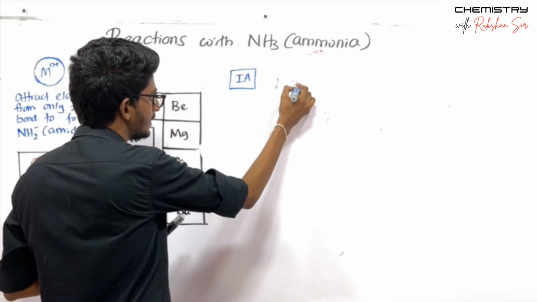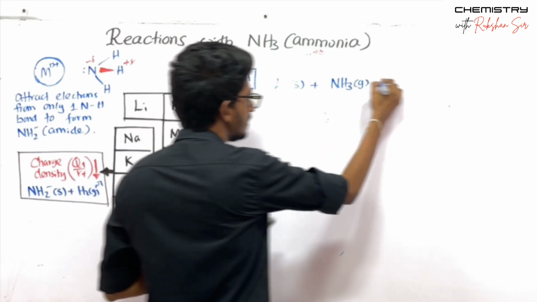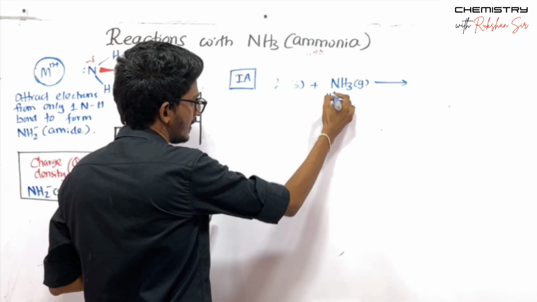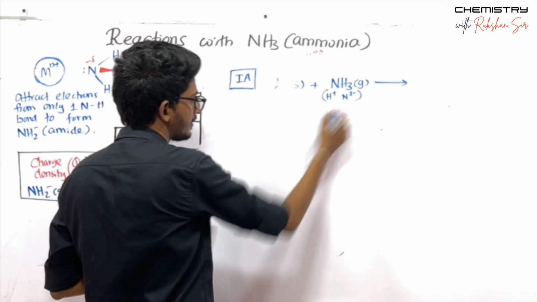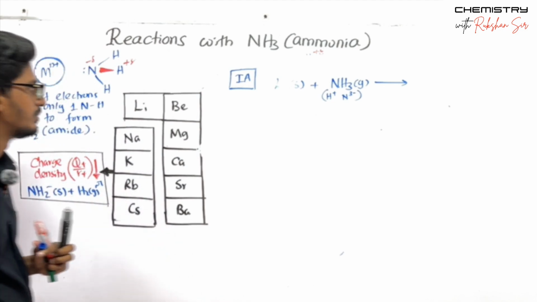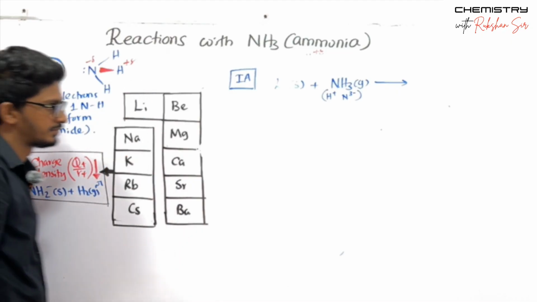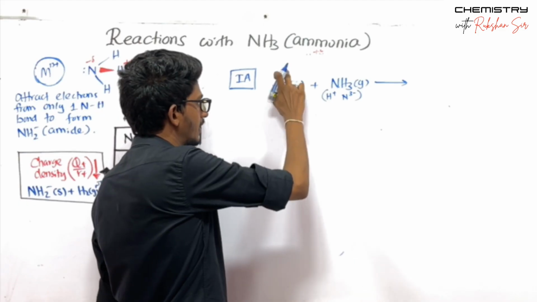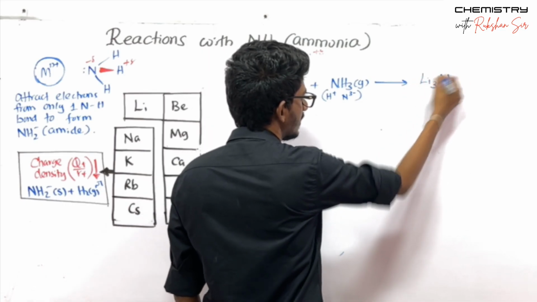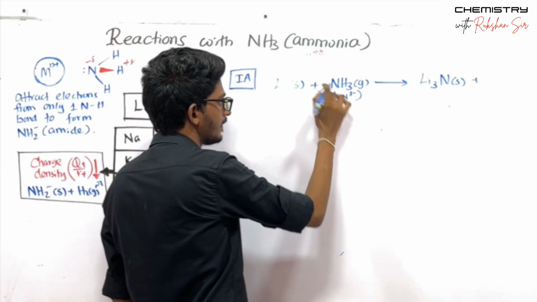lithium forms the nitride. We can think of this NH3 as H plus and N3 minus, the two ions. The high charge density anion is preferred by the high charge density cation. Lithium is the one with the greatest charge density among the group 1 elements. So this one will oxidize to Li plus and connect to the anion here, so Li3N, N3 minus. And H plus here will reduce to H2,